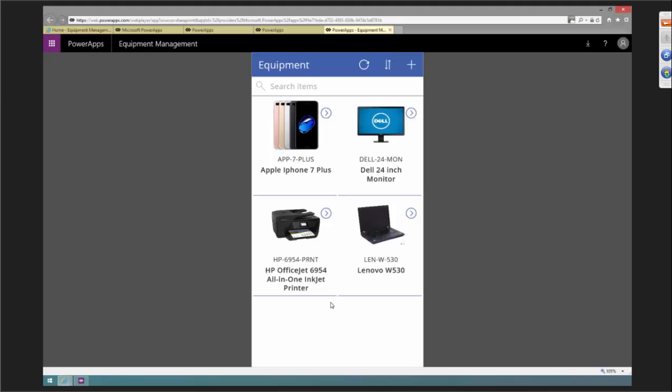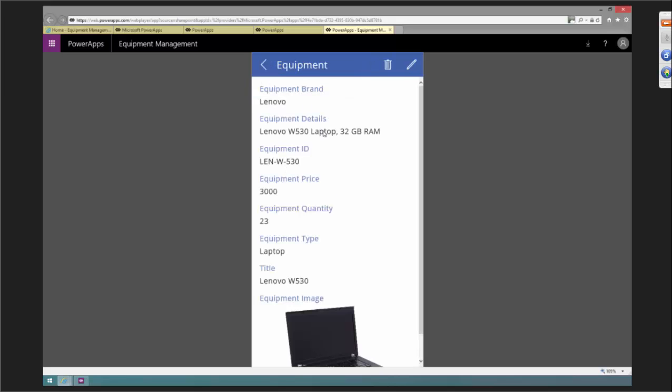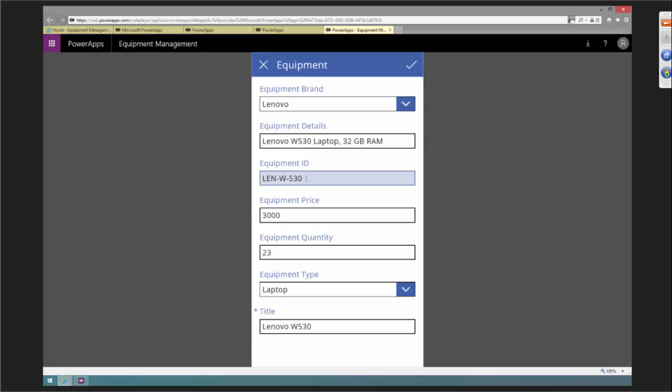And you'll see this view is a little bit different. I can move the images around. I can also search, and we'll just type Len, and I get the Lenovo. I can click, get access to the information. I can edit. And if I go back here and say we just want to append, it's got 1 terabyte